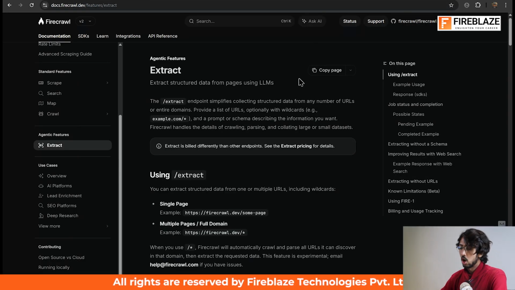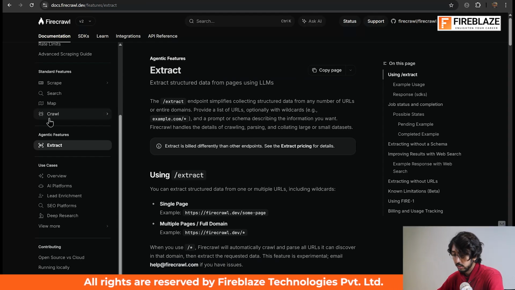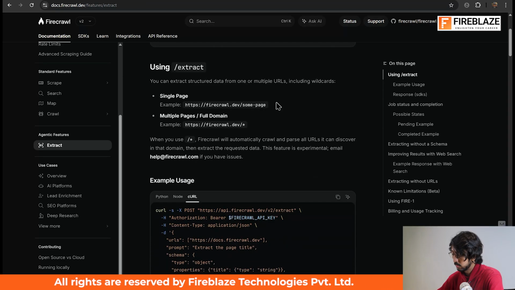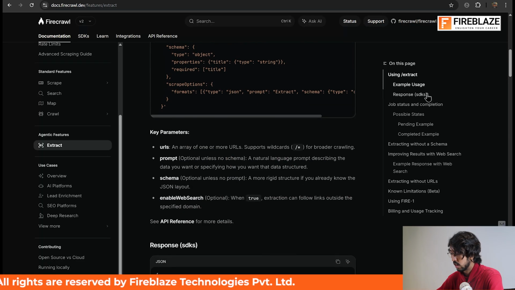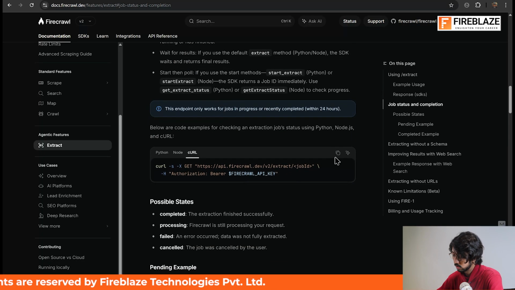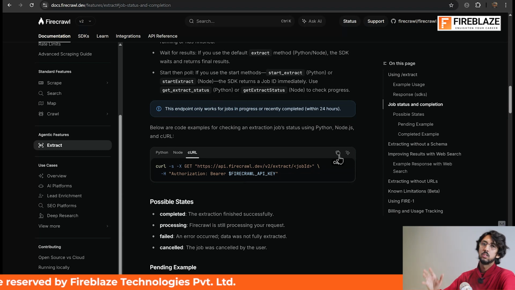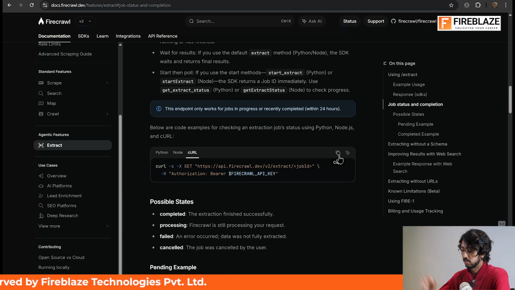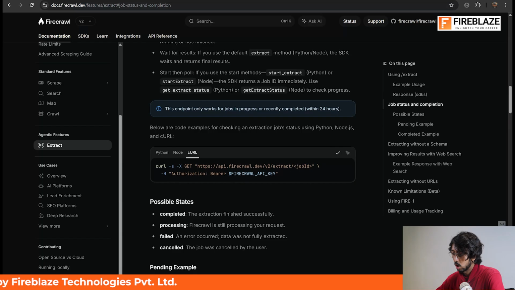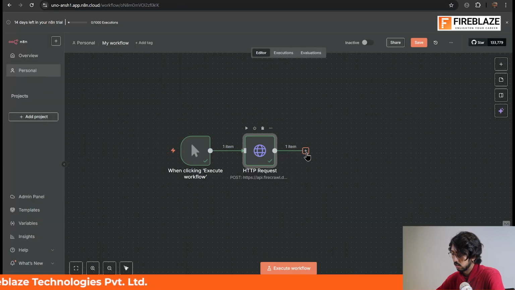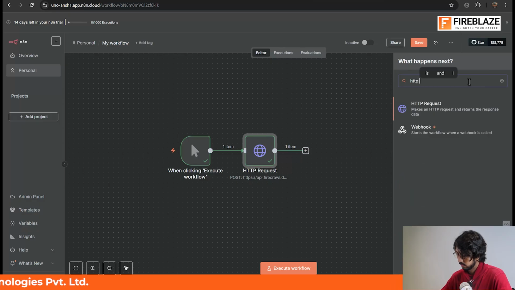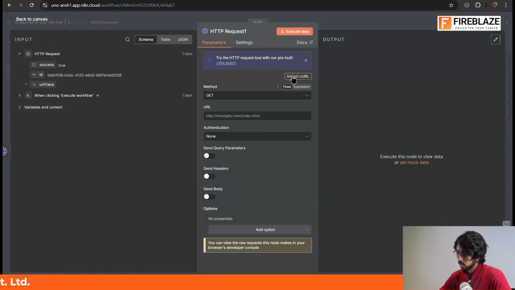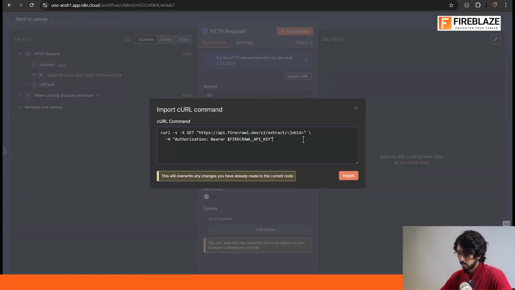So yeah, once you're on documents, in the extract section, you just need to go down towards the job status and completion, as we're gonna have to pull that ID and verify whether the job is done or not. So we're gonna copy this command and join another HTTP request like this, and we're just gonna import the curl command,